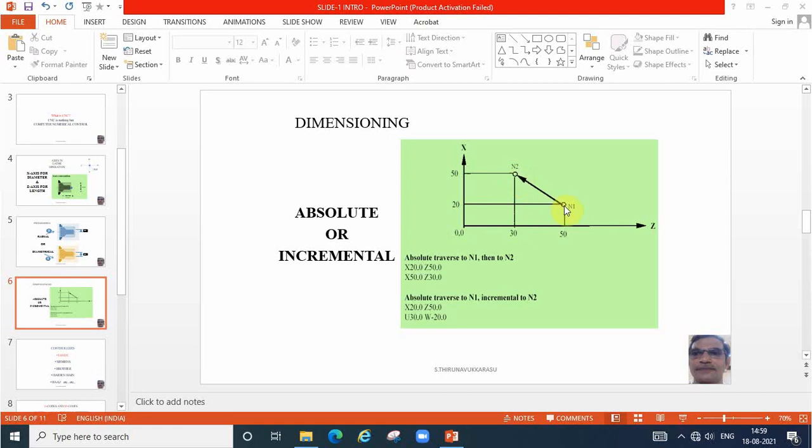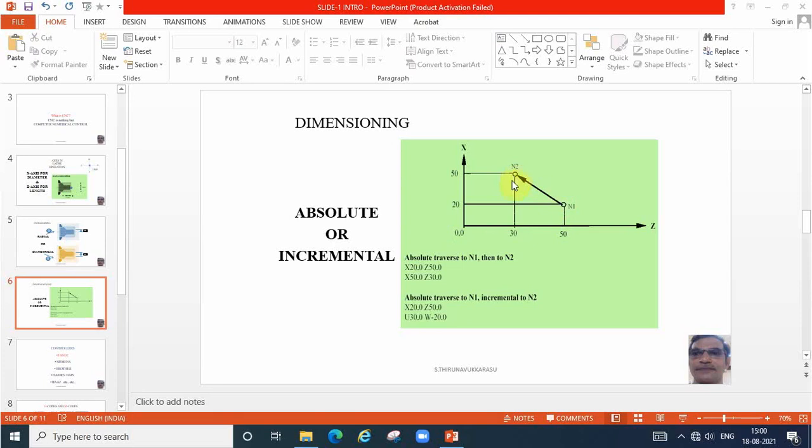Now we have to take this as the reference point, not 0, 0. The tool is already here. Now we move the cutter to the next point n2. What is the difference? That only we have to write.